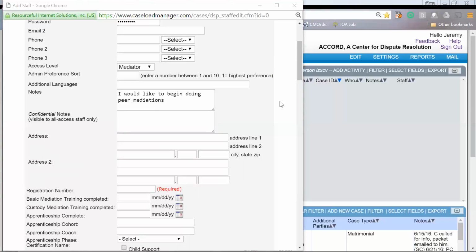All right, so thank you. Dan is taking care of that. Here are confidential notes that only the all access staff can see. Things like